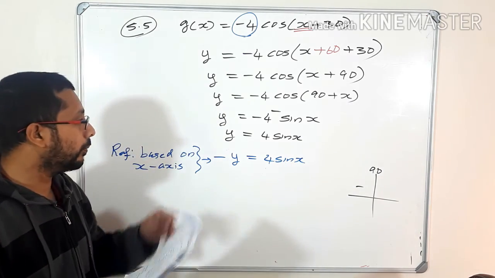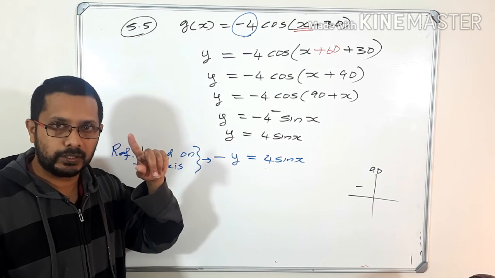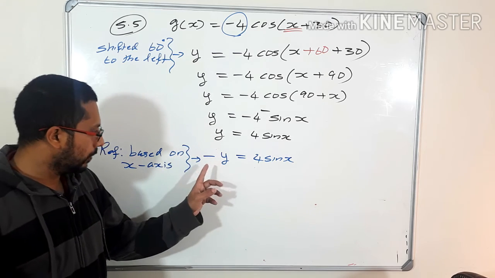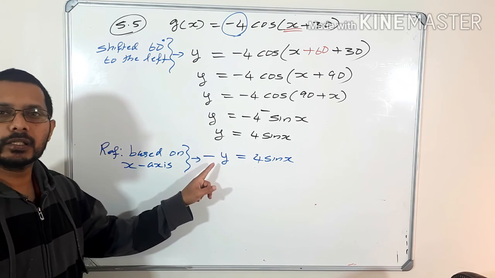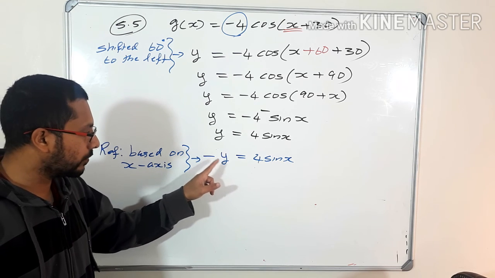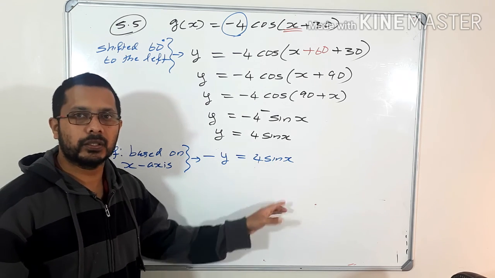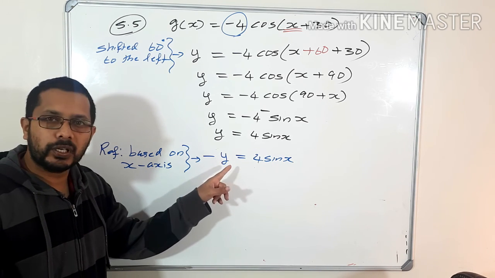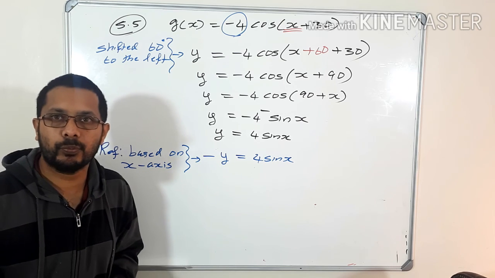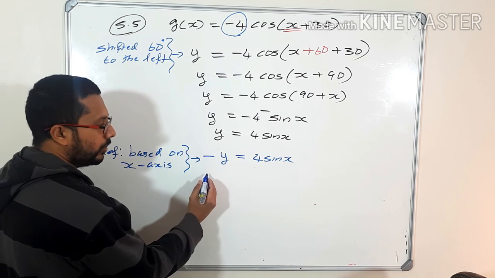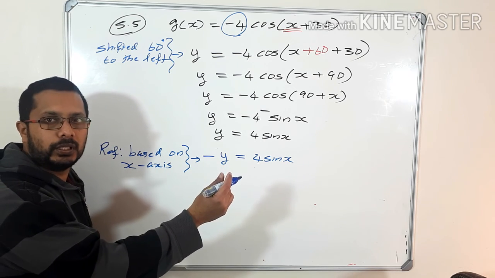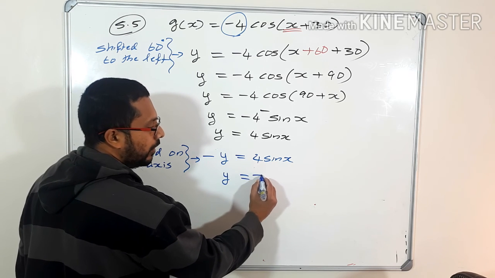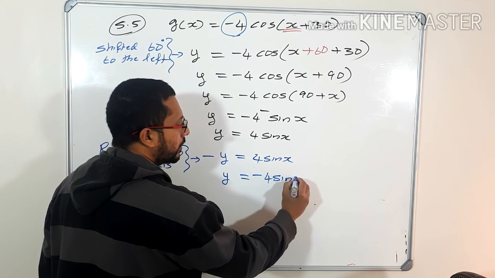Don't think that I am multiplying with minus y on both sides. It's not like that. Why did I change this y to minus? Because reflection based on the x-axis, I change the sign of this y. Minus y is equal to 4 sine x, okay. So I can't leave the answer like this, because I can't leave minus y, I have to write a positive y. That's the standard form of a function. So if I want to write this as positive y, what must I do? I multiply throughout with minus. So minus into minus is positive y is equal to minus into plus is minus 4 sine x, okay.